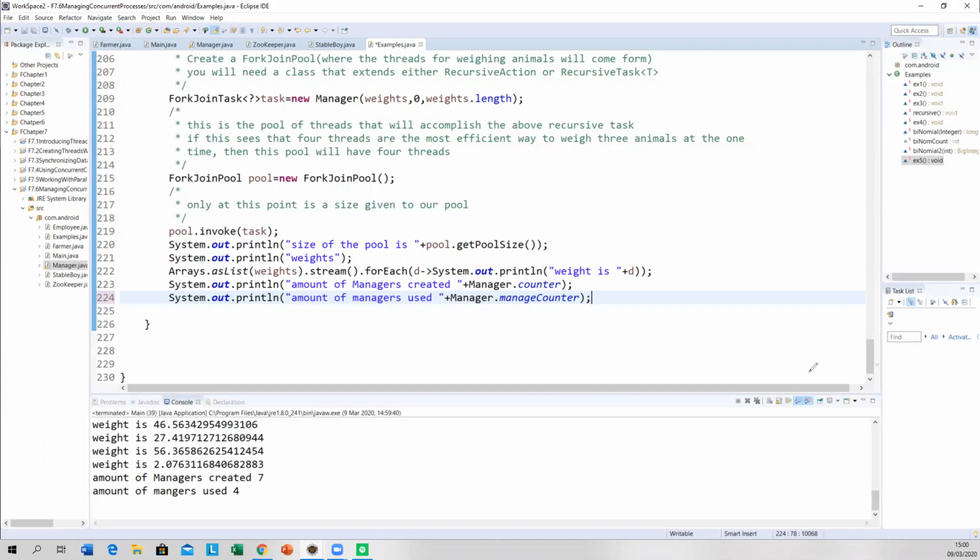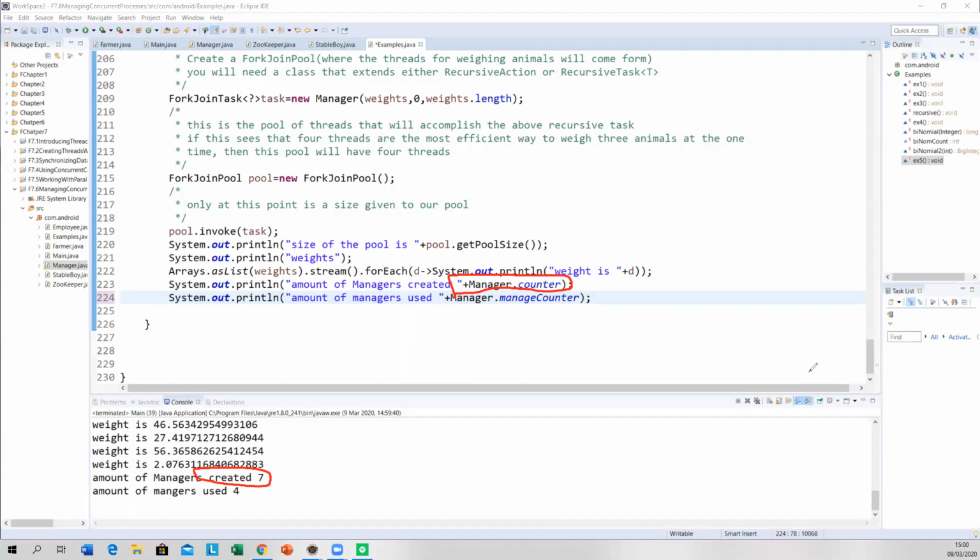I'll unfreeze it. Now, so these print off all the weights. And now these are the amount of managers that's created. The 7 being created. All right.